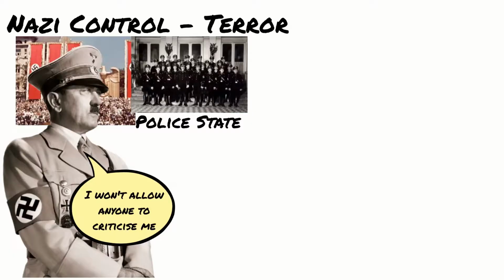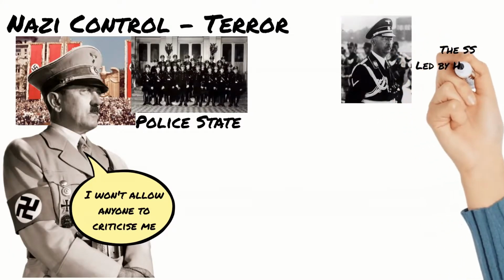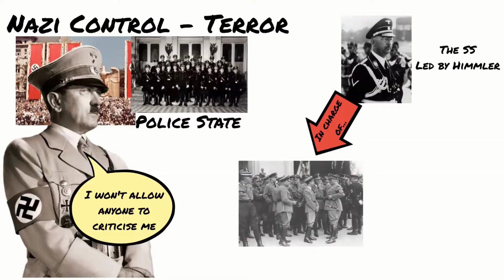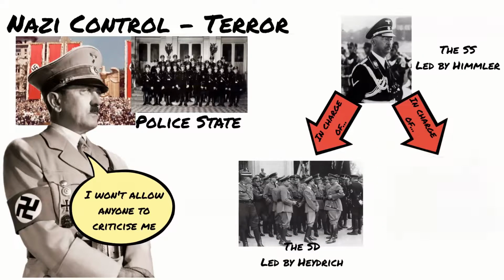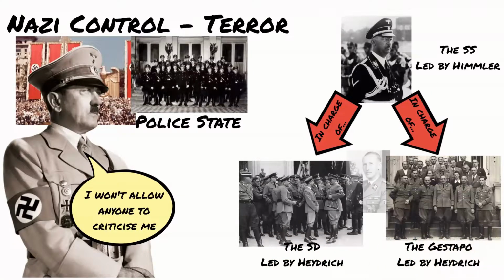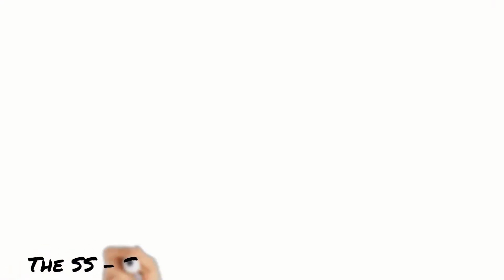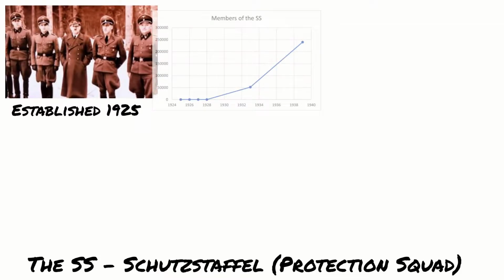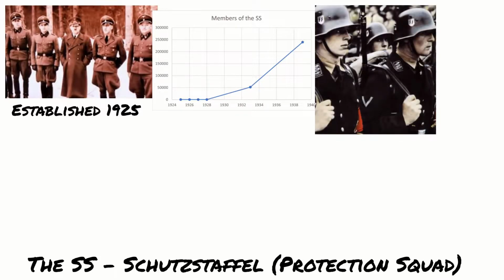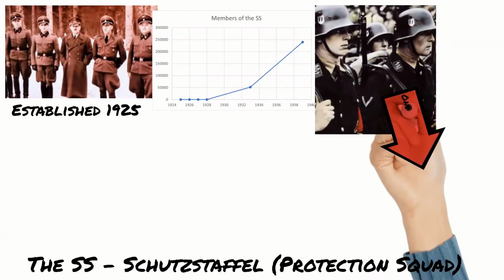of Hitler. There were three main parts of the Nazi police state: the SS, led by Heinrich Himmler, the SD, led by Reinhard Heydrich, and the Gestapo, or secret police, also under the control of Heydrich. You will remember the SS, or Schutzstaffel, which means protection squad, was originally set up in 1925 as Hitler's personal bodyguard. At first, it was a small force of around 240 men, but during the 1930s it increased massively to around 240,000 men. The SS were clearly distinct from the SA in their black uniforms, and they were fiercely loyal